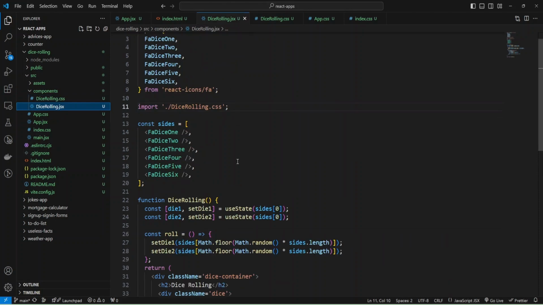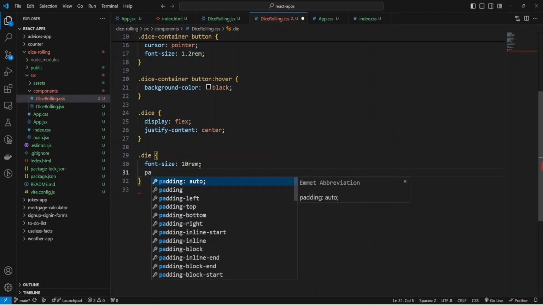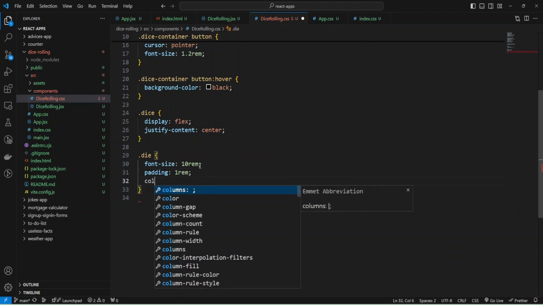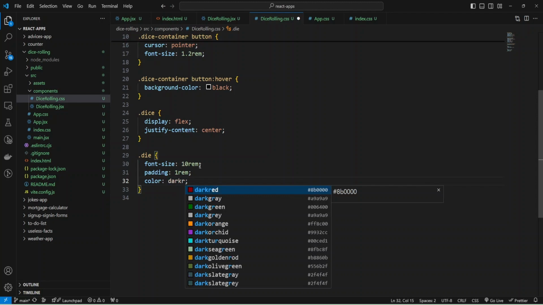And let's do it. I'm going to open my CSS file and provide styles for one die, and it will be font size, let it be 10rem, and also we can add some padding like 1rem, and add color to our text, and it will be dark red.